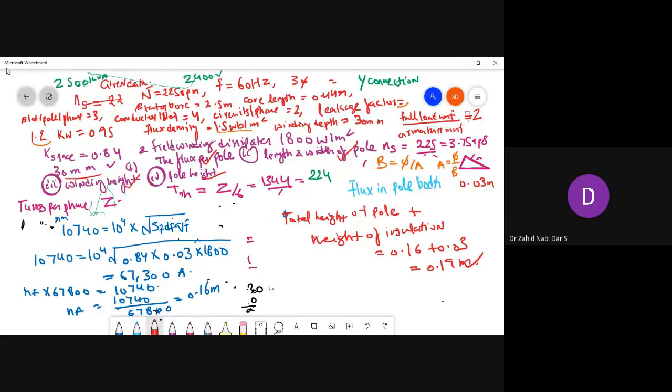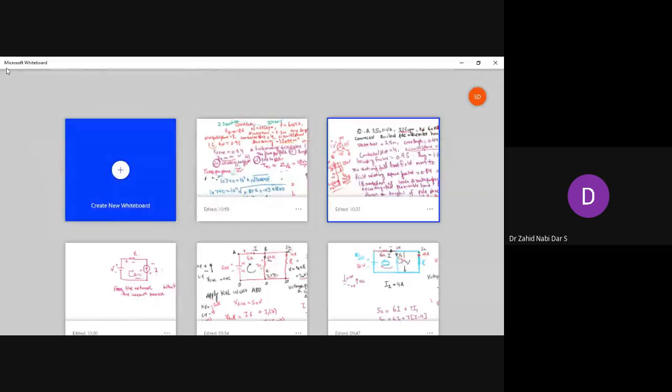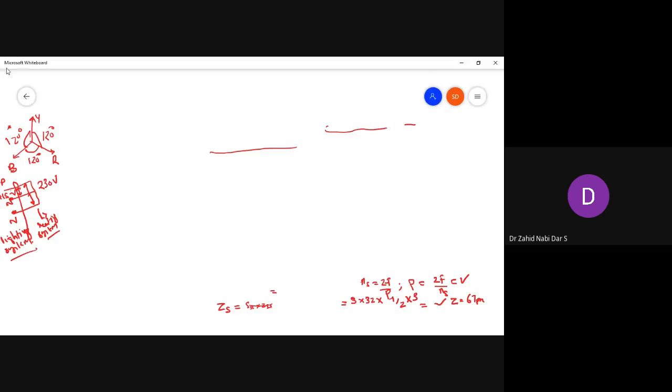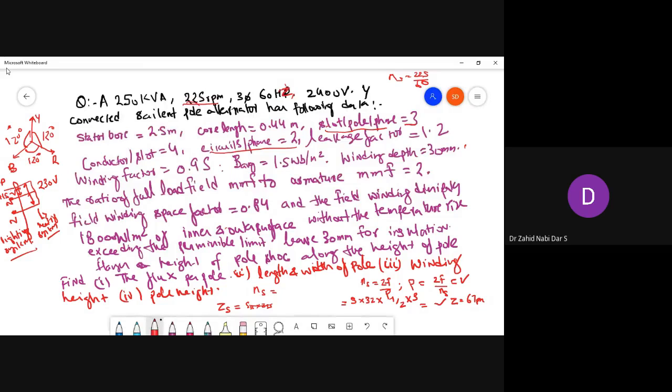See, again, so this is your question. I'll open this. So this is a question that has appeared for 12 marks. We'll read one more time. A 250 kVA, 225 rpm, 3 phase, 60 hertz, 2400 volt, star connected salient pole alternator has following data. Stator bore 2.5 meter, core length 0.44 meter. Now core length is given, so it's seeing length and width of pole. So from that length only we can